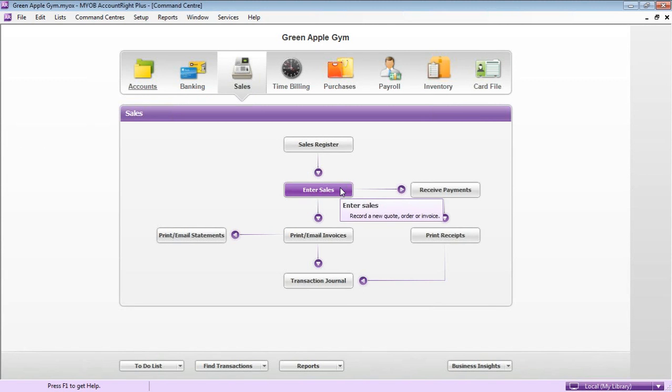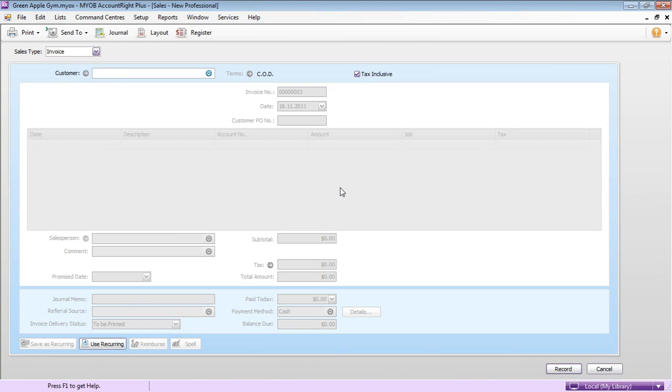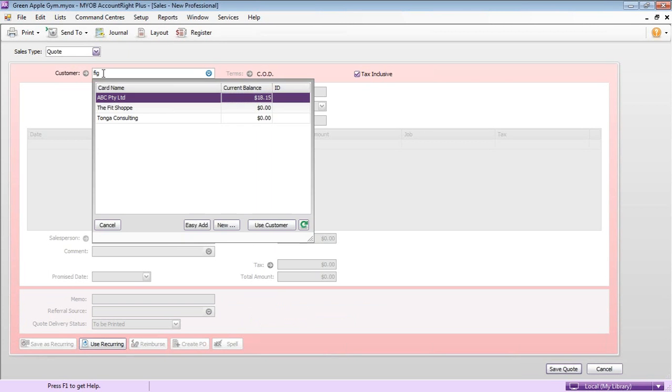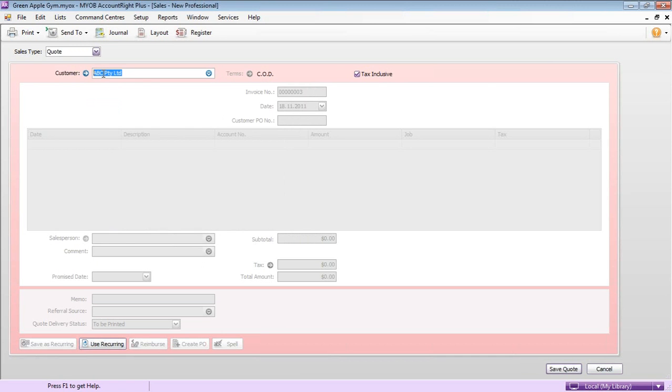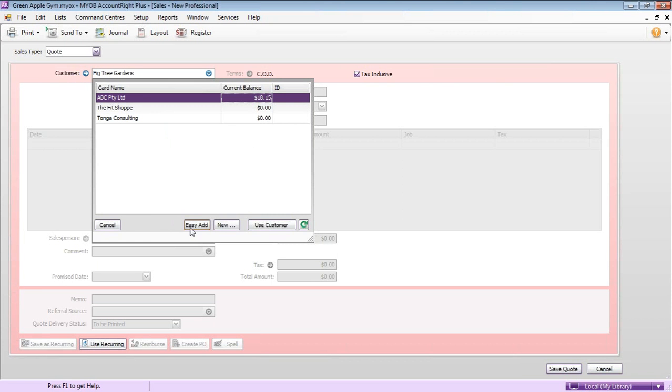Click Enter Sale, and up the top here where it says Sales Type, choose the drop down arrow and choose Quote. In the customer area, choose Fig. We don't have Fig Tree, so we're actually going to have to create it. Okay, so F-I-G-T-R-E-E Gardens, and I'm going to tab through. So I typed it in, I tab through, and I'm going to choose Easy Add, and that has